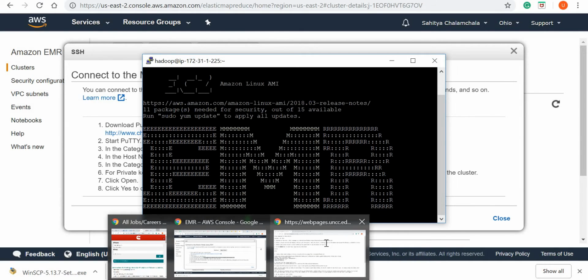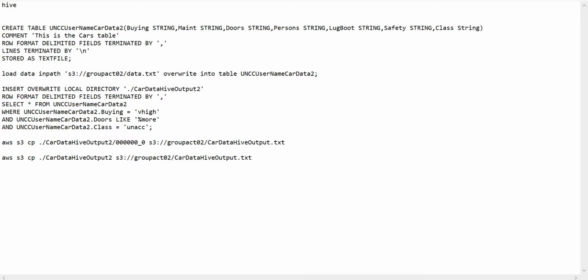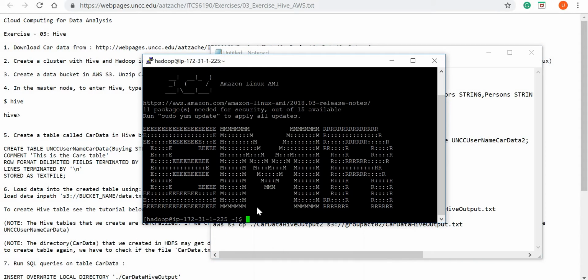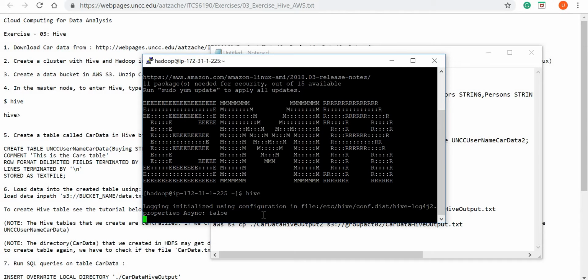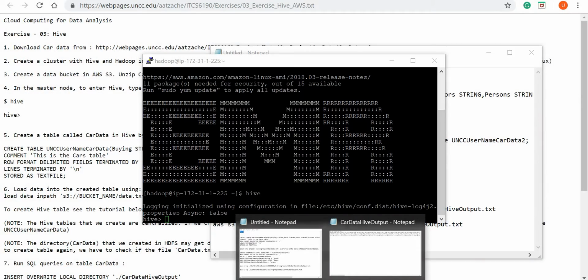After getting connected, we need to go to the Hive. So we need to just type Hive in this, and it's getting connected. Okay, so now that Hive is connected, our fifth step is to create a table